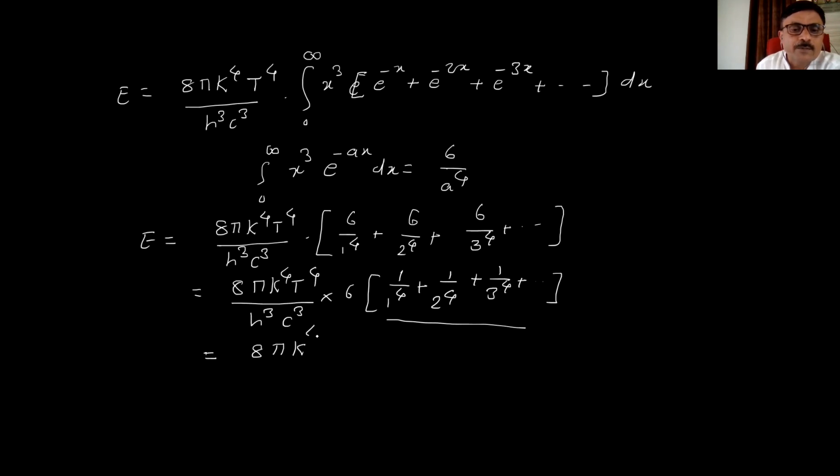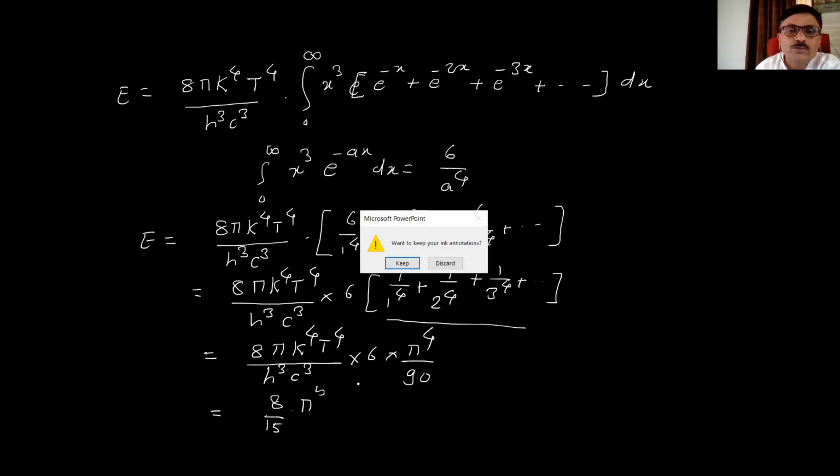if I write this as 8 pi k raised to 4 T raised to 4 divided by h cube c cube into this 6, that value is pi raised to 4 divided by 90. So that is the standard value of this series. So if I put all these here, I will get this equation as 8 divided by 15 into pi raised to